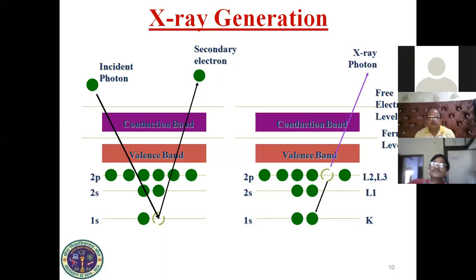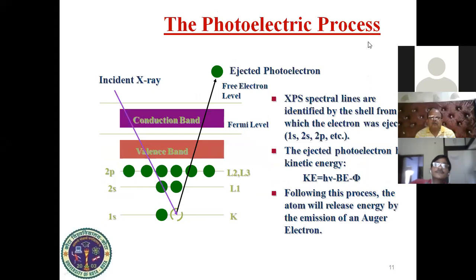This X-ray photon can be absorbed by a neighbor electron. If this electron absorbs the X-ray photon energy, it will also be ejected to the outside periphery of the atom. But this electron is termed an Auger electron. It is not contributing to the photoelectron or XPS spectrum. So that's why XPS contains a lot of noise. So perfect XPS analysis is quite necessary.